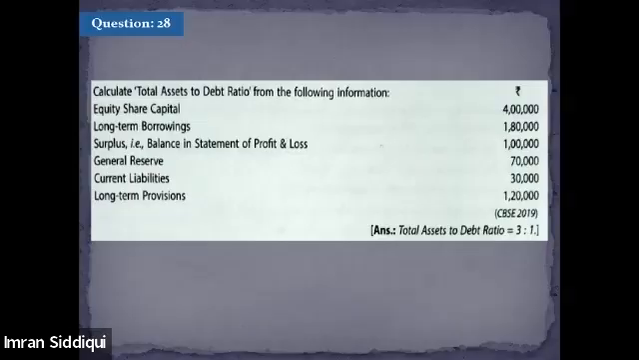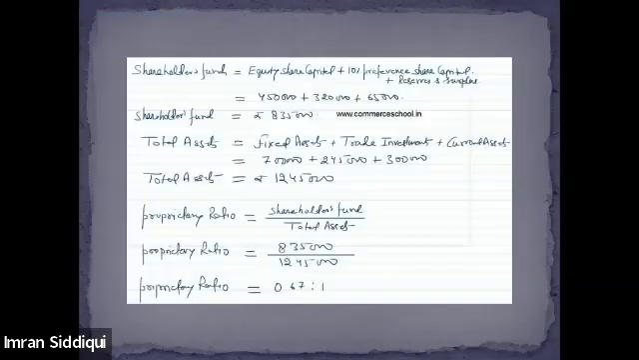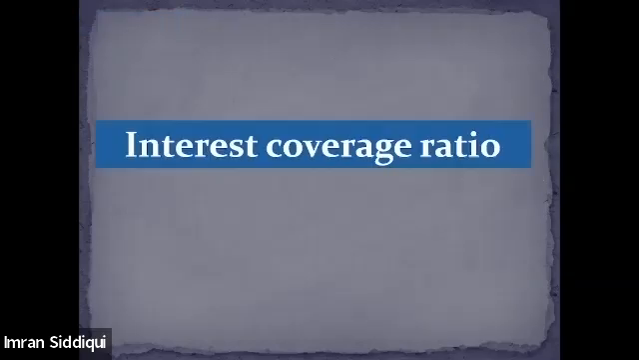In the next session, we will be discussing the remaining 2 ratios under the solvency ratio. All right, we'll start with the proprietary ratio, and we have one more ratio left, the interest coverage ratio. We'll cover these 2 ratios in the next session, and then we will start a different category of ratio, which is activity ratio. All right, and I just wanted to say that please make sure that you give enough time